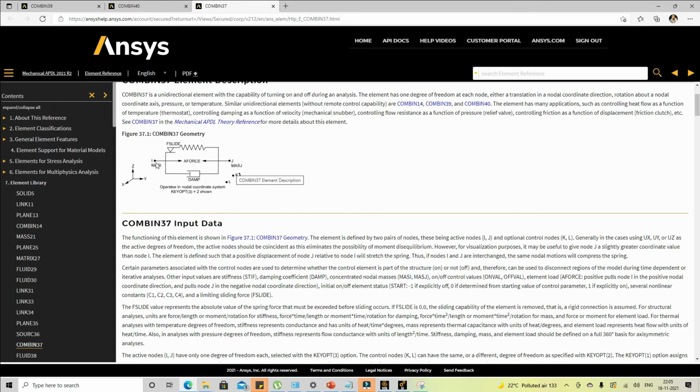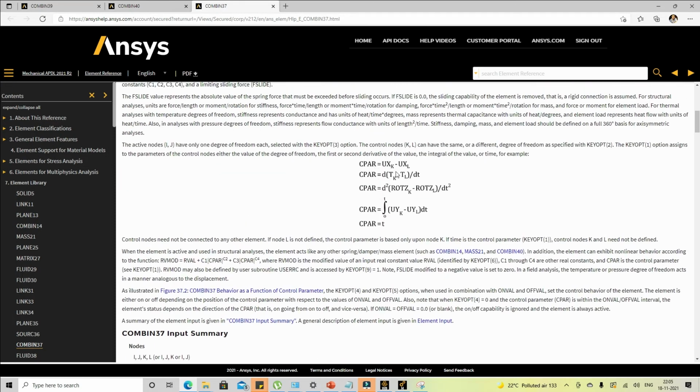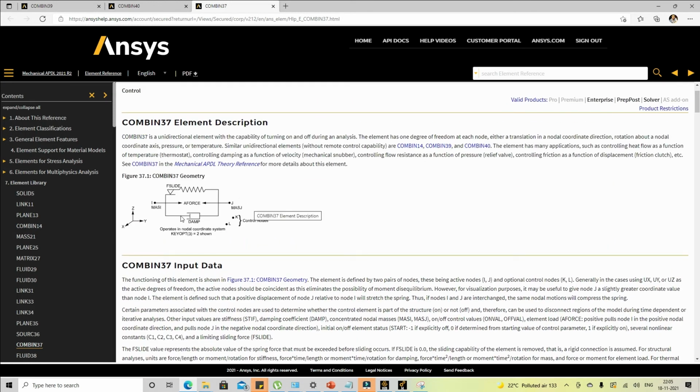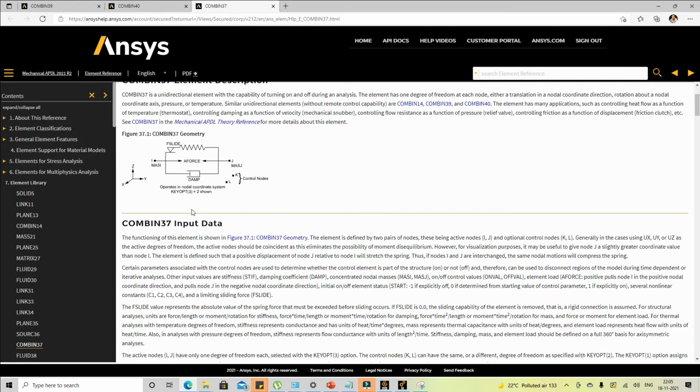But I will just show you, in some cases what we want to do is that we don't want to define some variable in this way, like relative difference, velocity or acceleration. We don't want to simply activate and deactivate the element between the load steps. So one way is to use the ekill option.